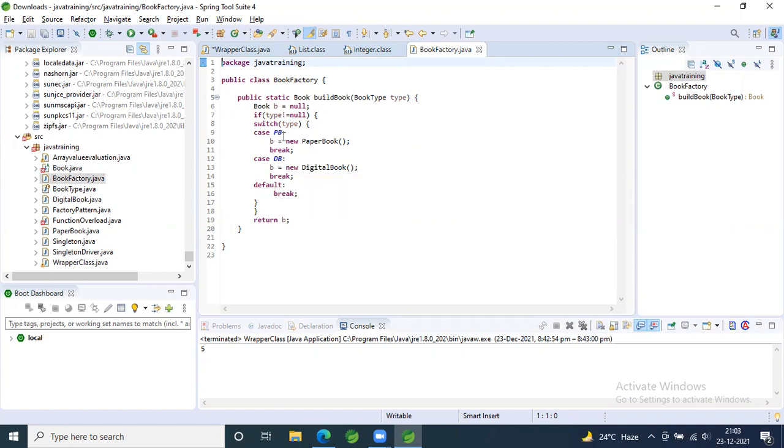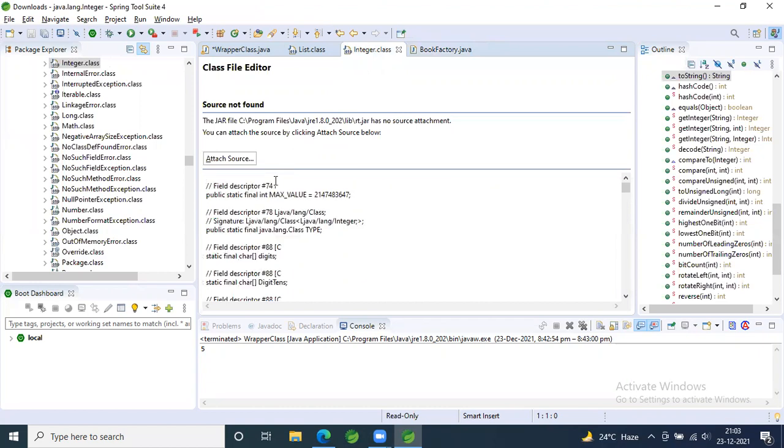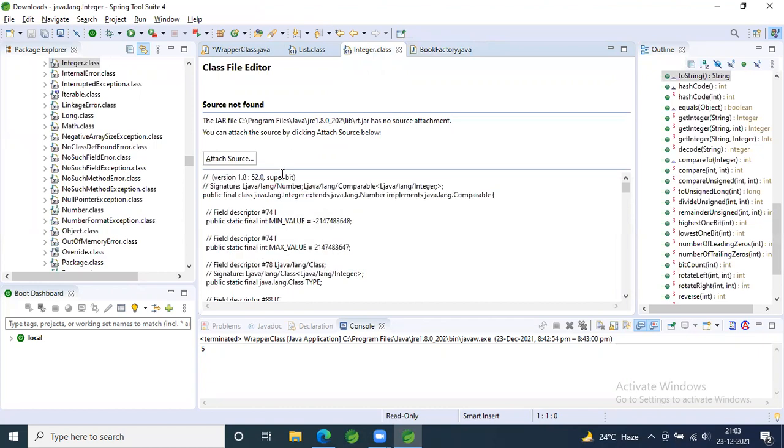Same way, if you go to a numeric class, the Integer class, right now you're not able to view it. The Integer.class, which is opened in the third tab. Yeah. If you see there, below, attach source, you can see something, scroll up. You can see something after class, final class extends java.lang.Number. So what is that Number?